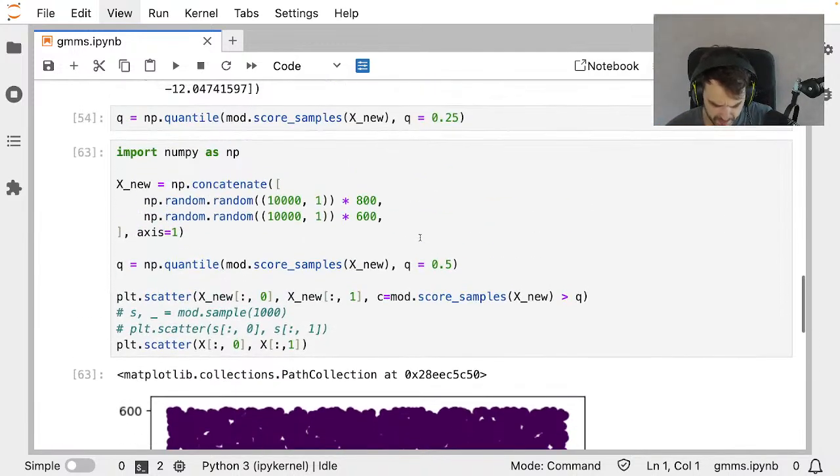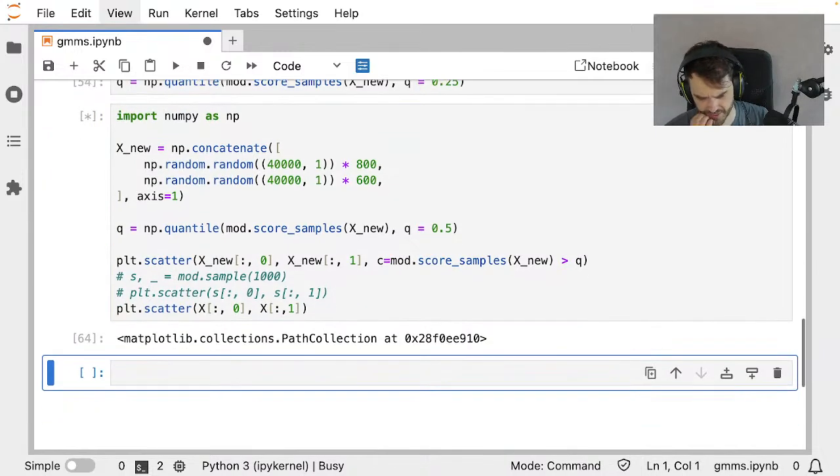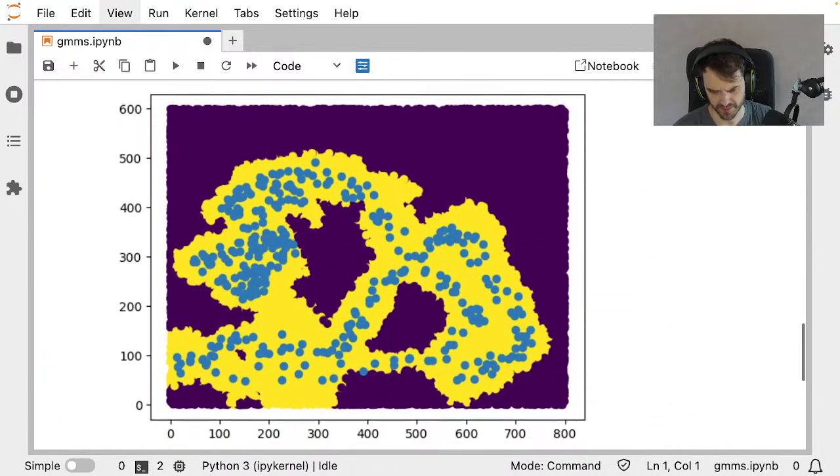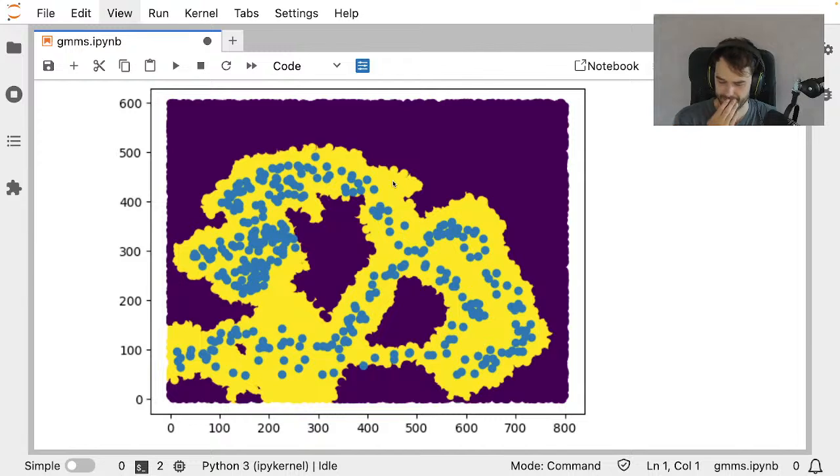And one thing I could do is I could maybe sample just a little bit more points, just to make that picture a little bit more clear. Don't want to sample too much because that'll slow stuff down, but I do think this is slightly nicer. But yeah, you can see we have a tuning knob here to do outlier detection. The thinking here is that if you have a probability distribution, then you also have a method of saying, oh, this region is more likely than that one. So you could maybe build an outlier detection system right on top of this.